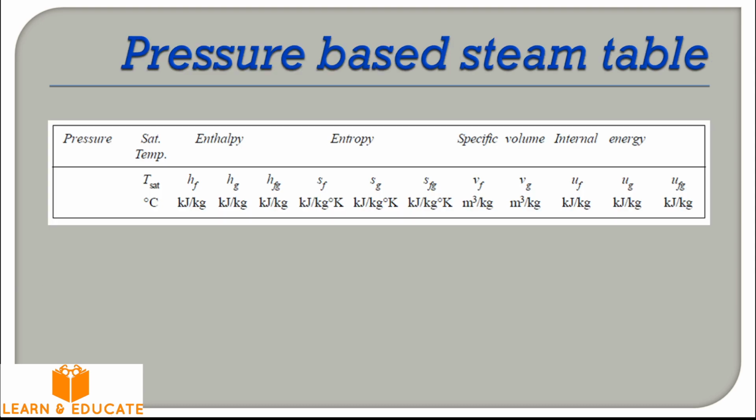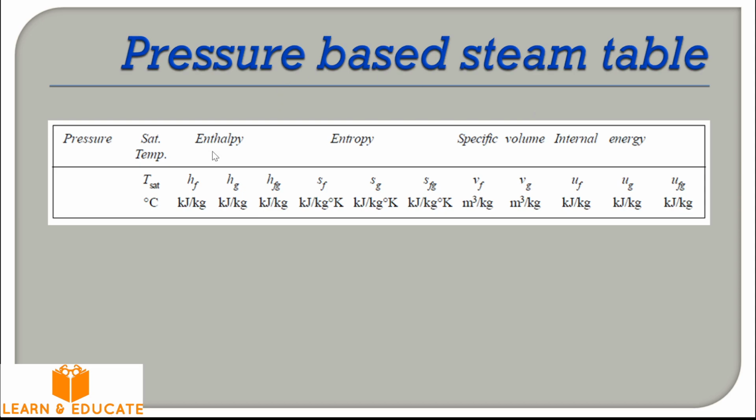So I will show you a simple representation of a steam table. This will be like this. There will be multiple columns. This is a pressure based steam table. So the first column being the pressure. It might be in bar or kilopascals depending on the presentation by others. Then the second column will be saturation temperature corresponding to that pressure. If the pressure is 1 atmospheric pressure, the saturation temperature of water would be 100 degrees Celsius, 99.995 degrees Celsius. Then you have the enthalpy, entropy, specific volume and internal energy as four separate columns.